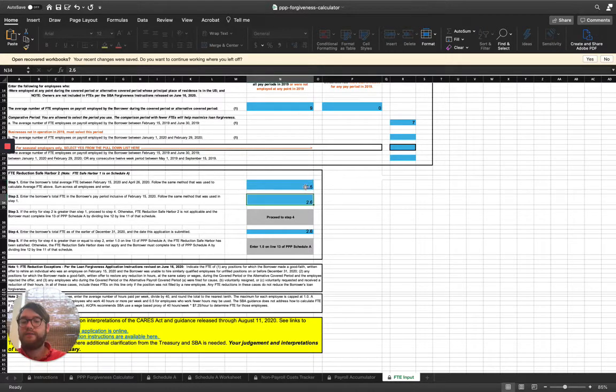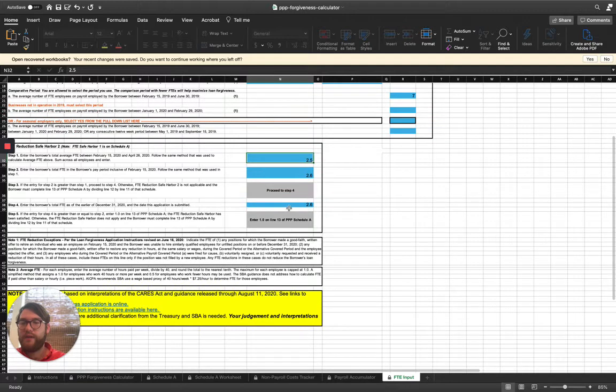If this number is higher than this number, so if step 2 is higher than step 1, then you can go ahead and move to step 4. If not, then you do not have a safe harbor. From there,